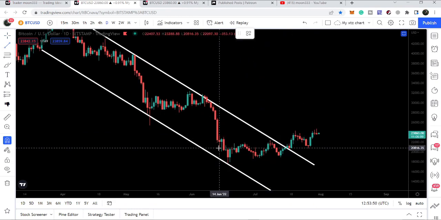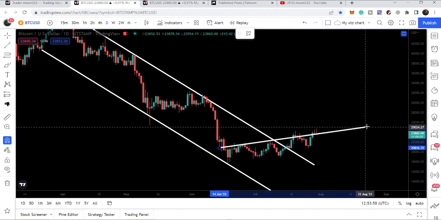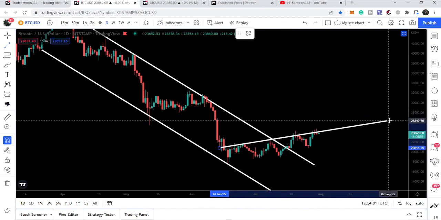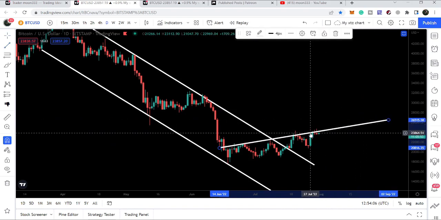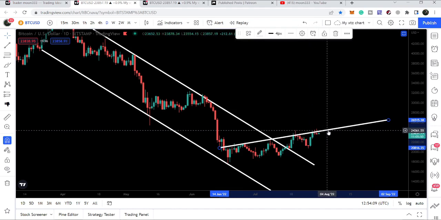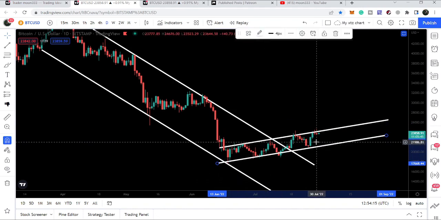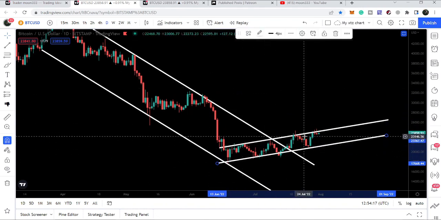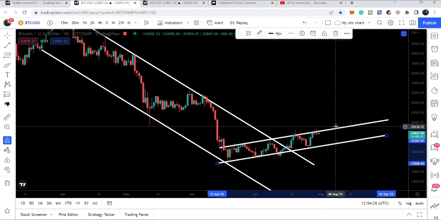And if I connect all these rejection points, and by the way, here it slightly worked as a support as well. Therefore, if I place this trend line from here up to the current candlestick, up to this recent rejection, then you can see so far this recent rejection is not confirmed. We are still moving at the resistance. But for example, if we will have another rejection, then this is our support for the newly formed up channel after breaking out this down channel. And this time, if it will move more down for the retest, then it can move down up to approximately $21,300, and from there it can start another reversal move.